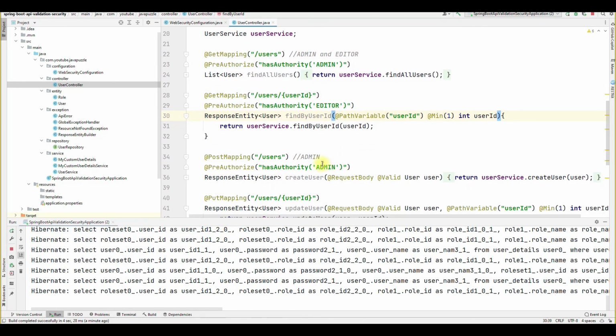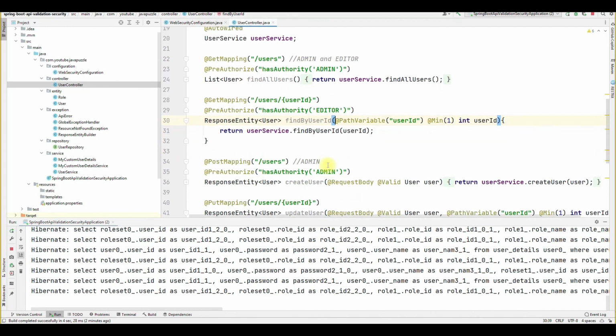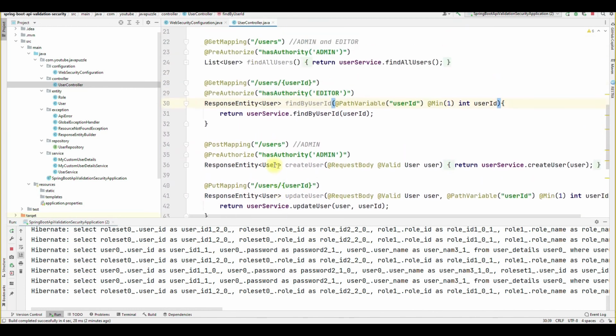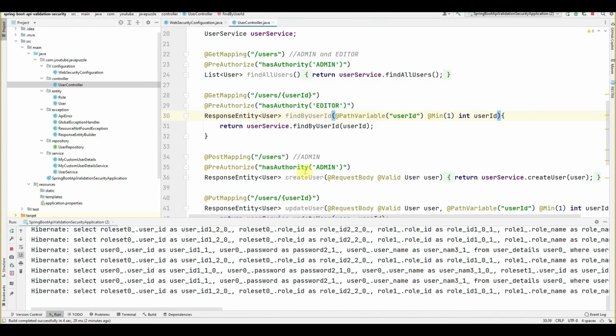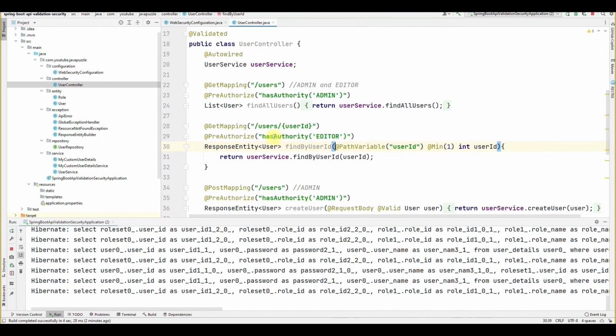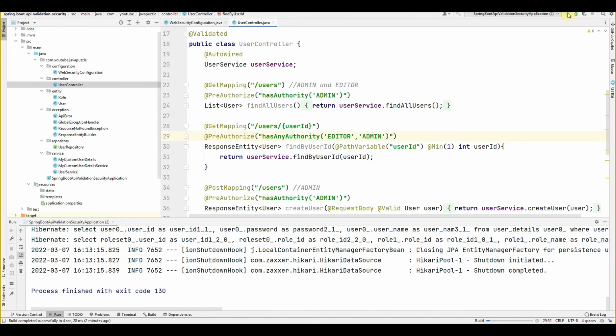Now we want to provide the same thing with this admin. Let me show you this get mapping. We want this privilege for the admin also. So what we have to do is add hasAny here, then with a comma add admin here. Okay, and run the program. Now admin should be able to access this get mapping.